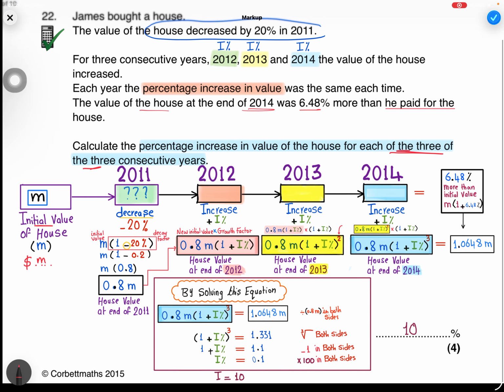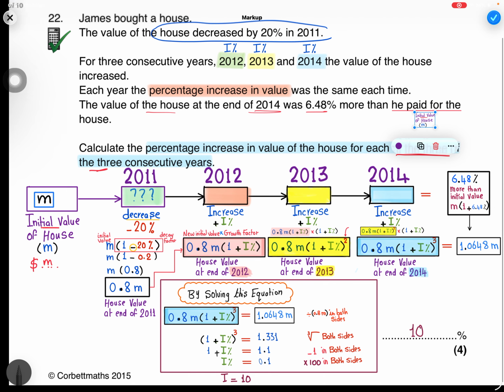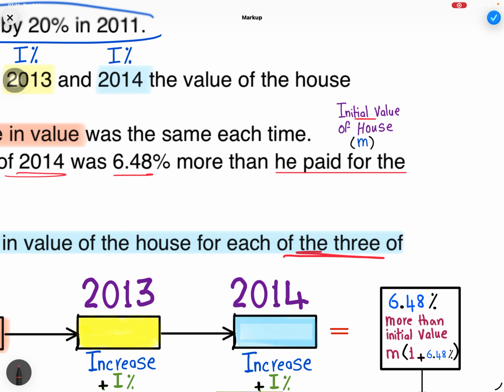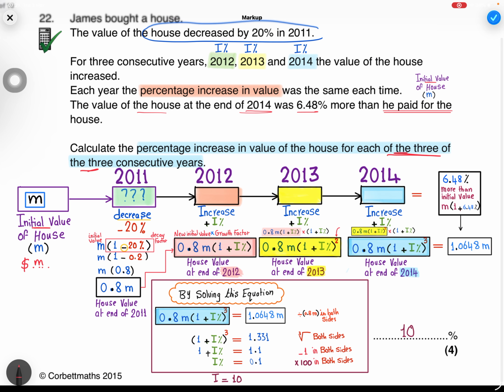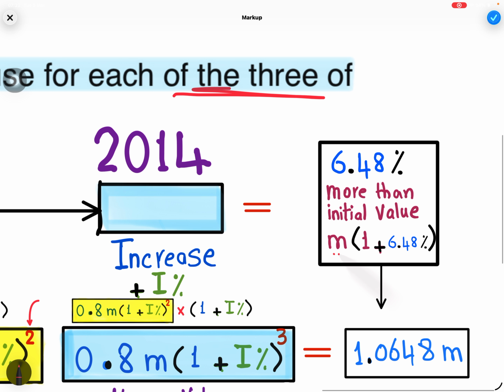It is the initial value of the house, which we called M. Here M stands for the initial value of the house that he paid. So 6.48% more than the initial value means the initial value M multiplied by 1 plus the percentage of increase,